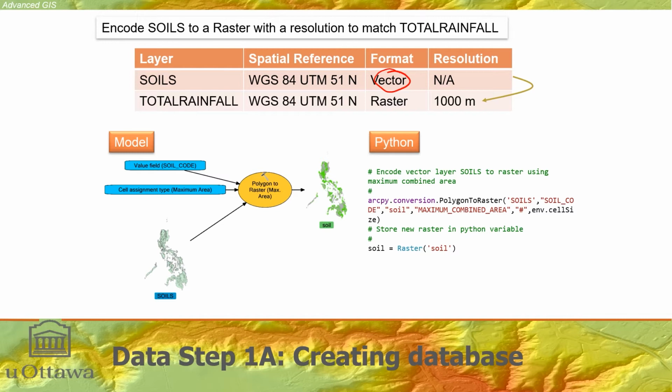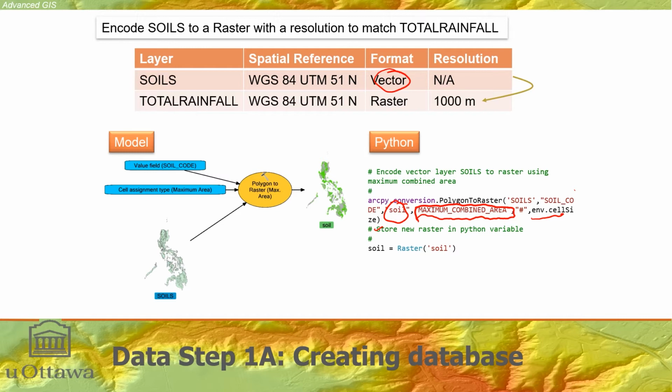So that's done. We can put that in our model, or if we do it outside the model to prepare our data, either way is fine. It can also be done in Python. So in the conversion toolbox, there's polygon to raster, and you would put the soils in, and then the soil code here is the column or attribute that contains a code for each unique soil type. And then the name of the output layer, soil, and then how we want to do the aggregation, by maximum combined area, and then the cell size of the environment, which would be 1,000